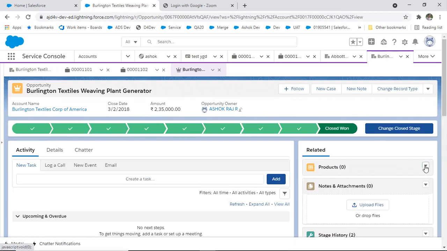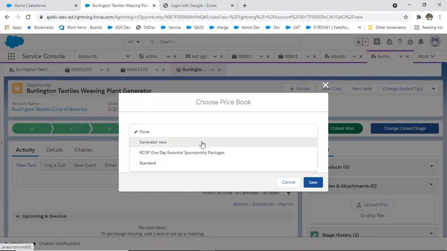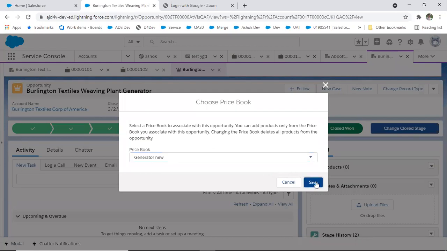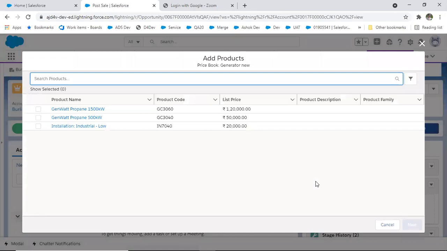Similarly, whatever product I'm going to pitch to them, I can simply go here and add it. So in one place, I can handle the sales and also handle the service for my customer.